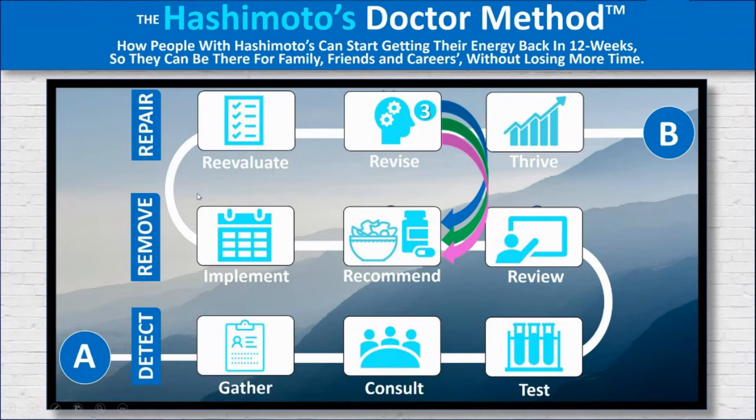And we come up with a plan, and then we formulate recommendations, and we start to implement our strategy. That's really all part of the review, recommend, and implement the strategy; it is part of the remove phase. Then when you get into the repair phase, after you have implemented your strategy at a periodic follow-up, say 6 weeks, 3 months, somewhere in there, maybe even monthly, you want to reevaluate. And this starts the repair process.